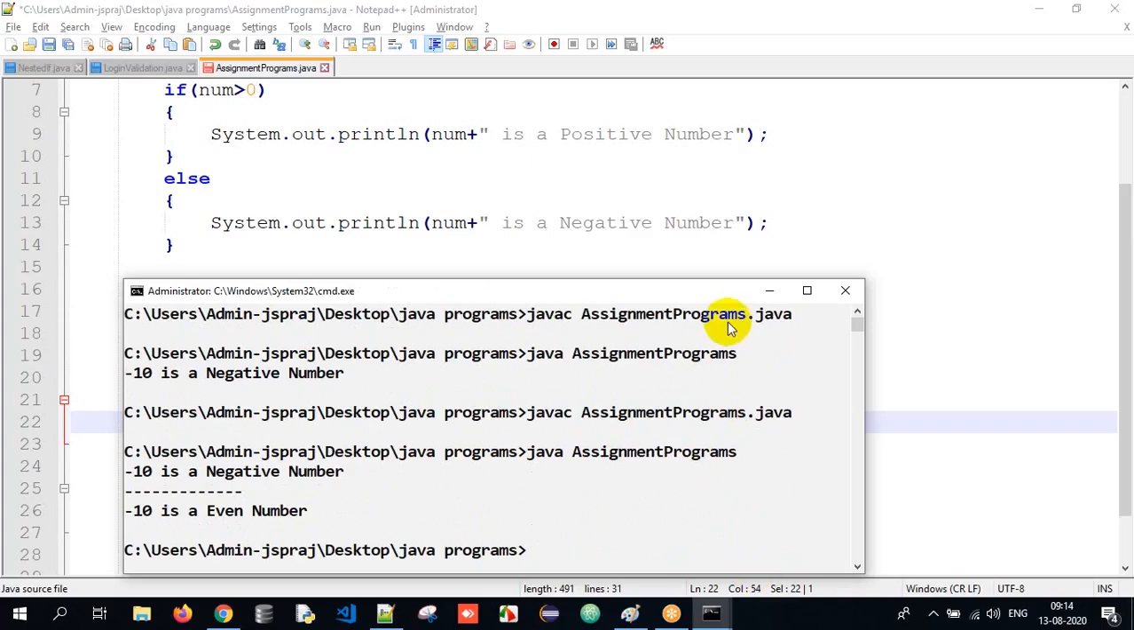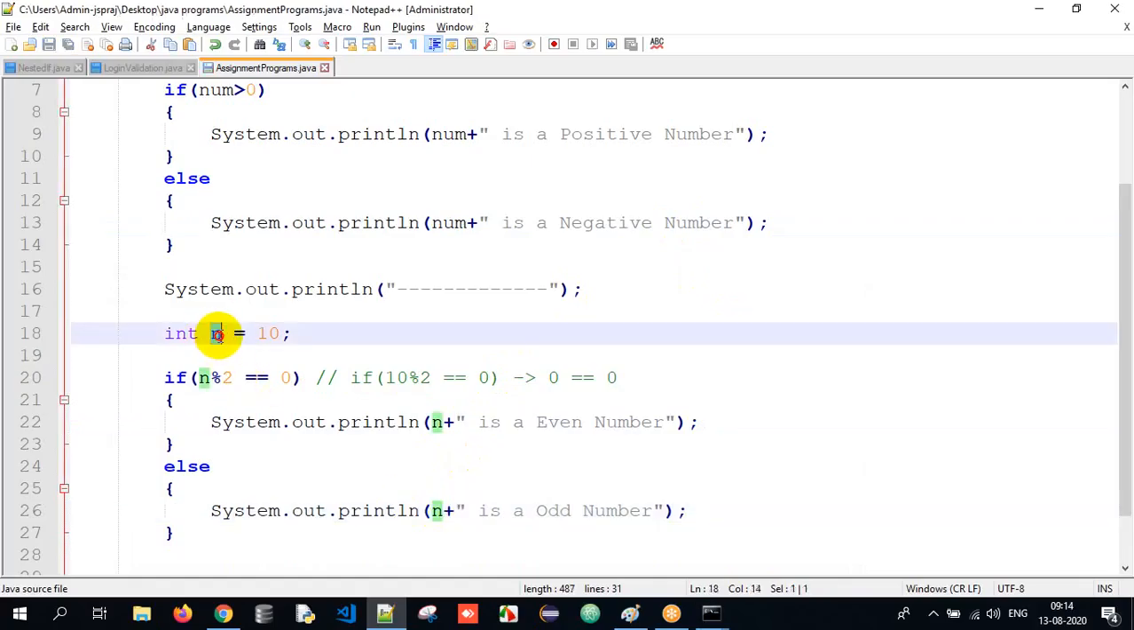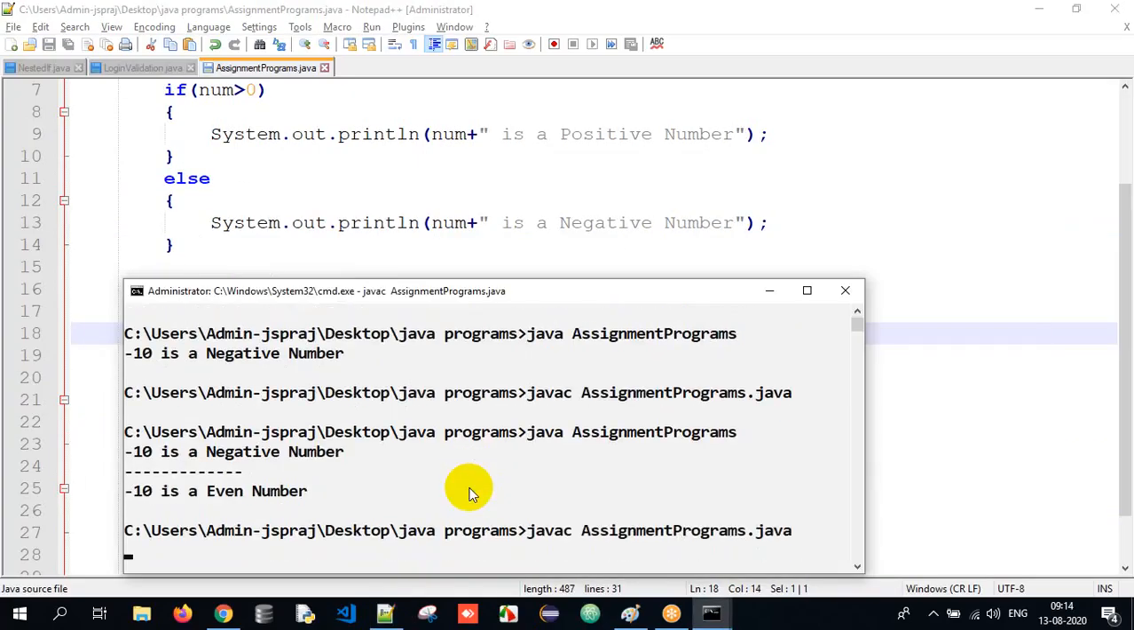Oh, I'm so sorry. I have to print the n value here. I'm printing the num value only. That's the reason. I have to print the n value because I've considered the variable as n now. So I have to print the value as n here. So save it. Yeah. So now when I compile it,